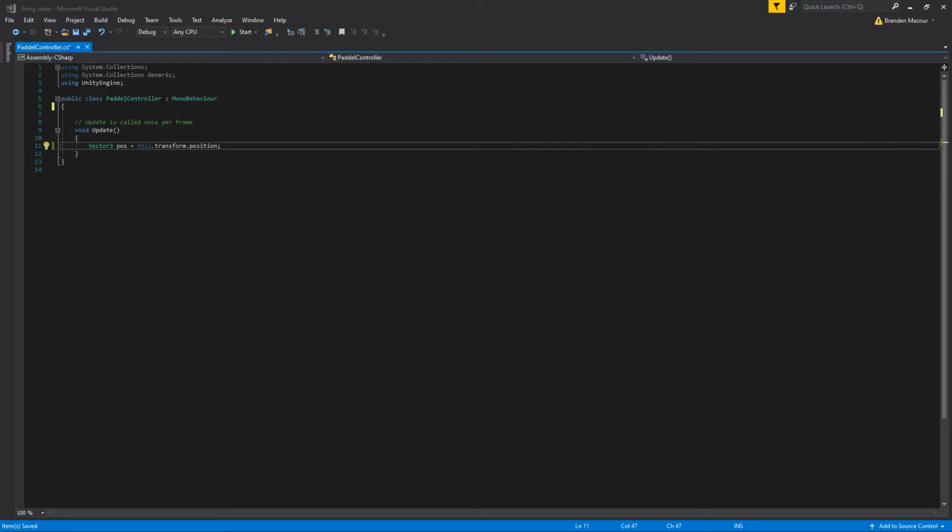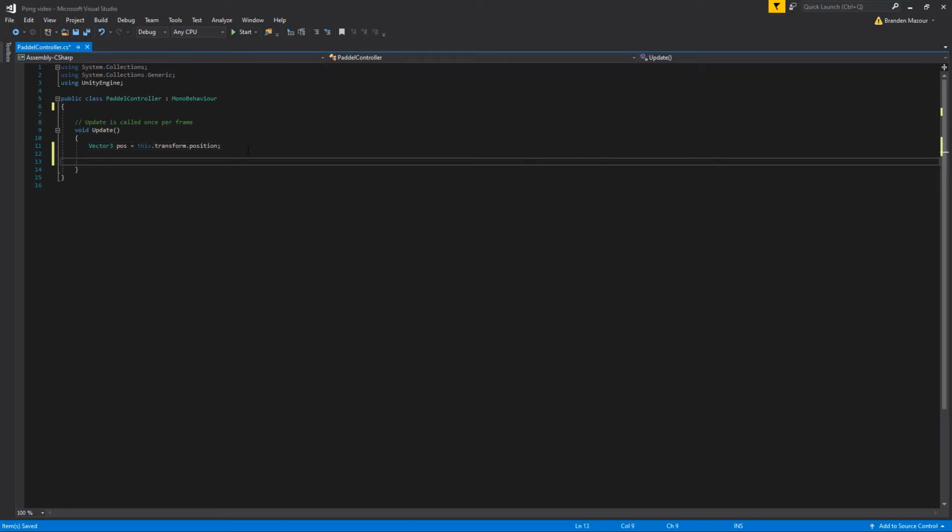Oh, and those of you that might not know what a frame is, pretty much, it's something that happens every instant in the game. So you may have heard of something like 30 or 60 FPS. That stands for frames a second. And so pretty much Unity defaults to 60 FPS. So 60 times a second, this function will get called. So 60 times a second, we're going to grab where the paddle currently is,